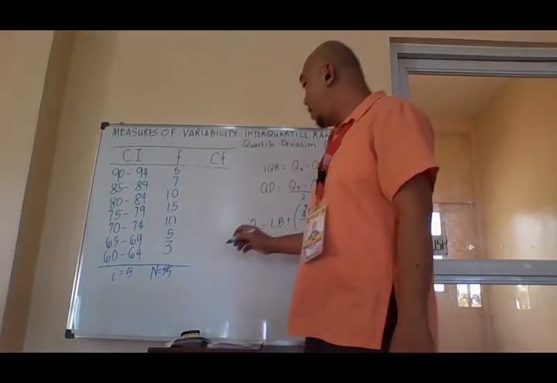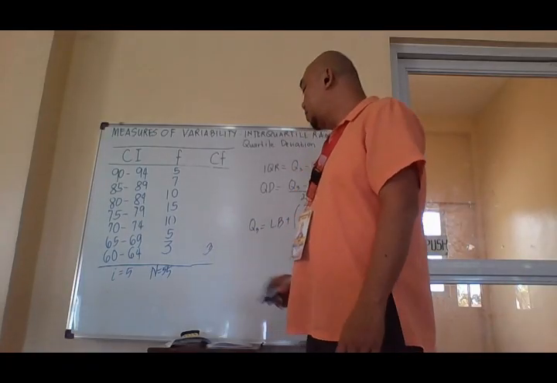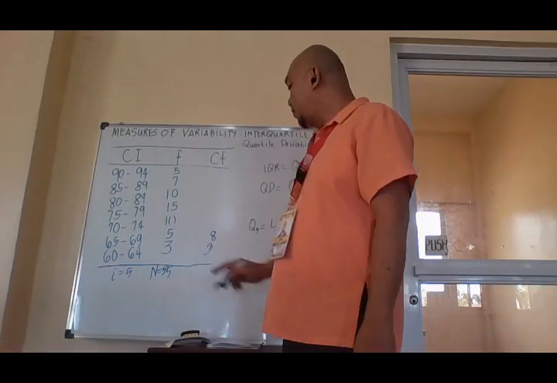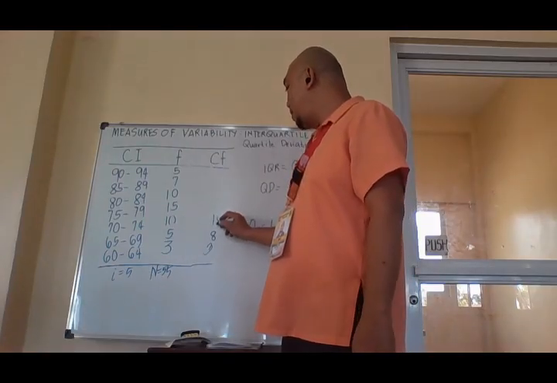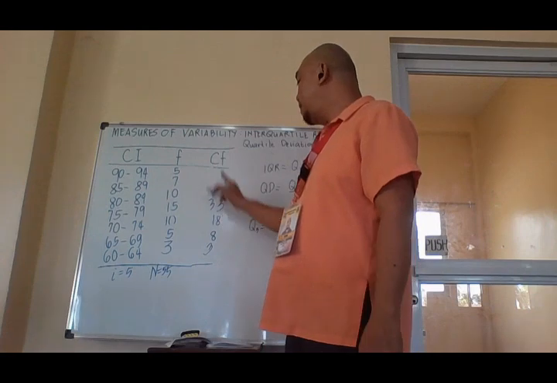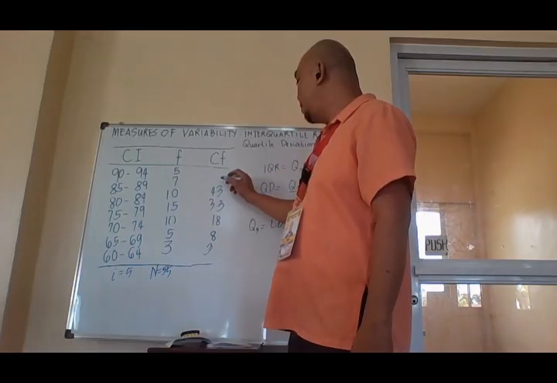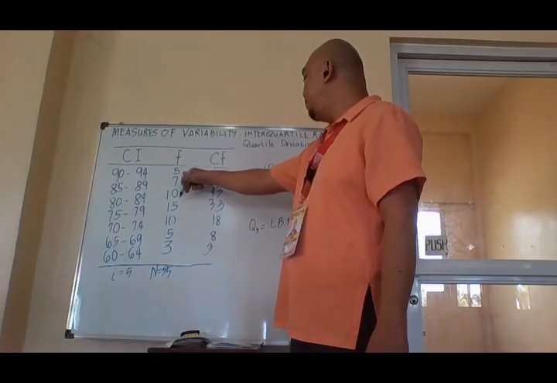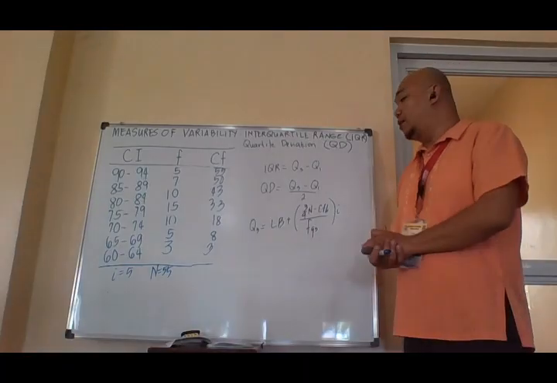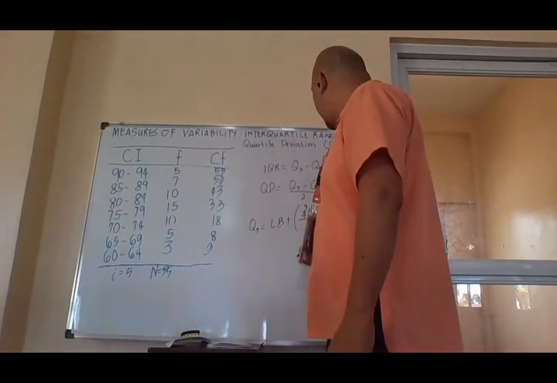frequency column. So again, when we are constructing the cumulative frequency column, whatever the value is at the bottom, we just copy, and then we have 3 plus 5, that is 8, plus 10, we have 18, plus 15, this is 33, plus 10, we have 43, and then plus 7, this is 50, plus 5, this is 55. We have already the cumulative frequency column, and the next thing we have to do is to compute the 3/4